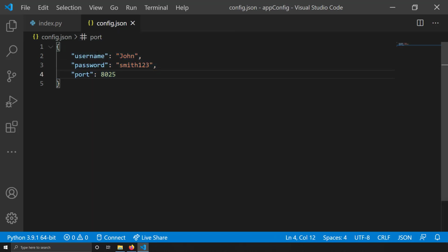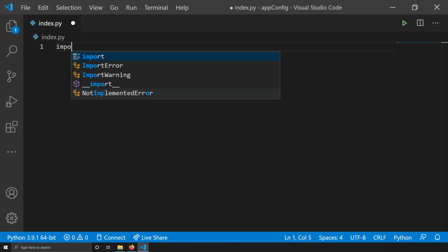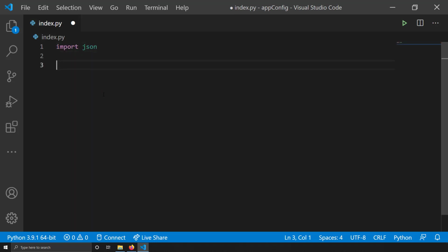Now I'll use this JSON file in my code. import json. So I'm importing json, and then let me write the file name, fname equal to config.json, and then I have to open the file name and use it, right? So with open fname as f, and within this with statement I can use this variable called f, which is actually the variable containing the file information.